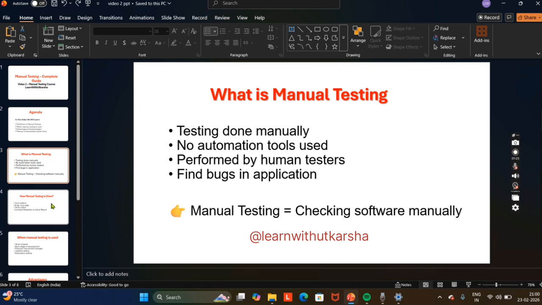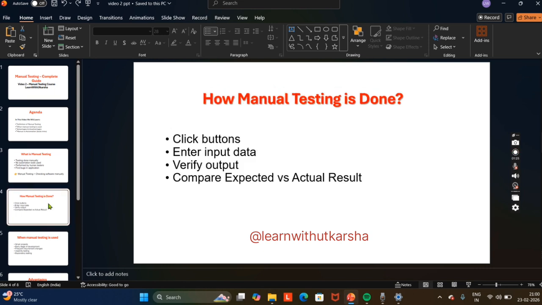Now let's see how manual testing is done. Now let's understand how we actually do it. So we click buttons, enter input data, verify the output, compare expected result with actual result. For example, if I enter correct username and password, I expect login to be successful, right?